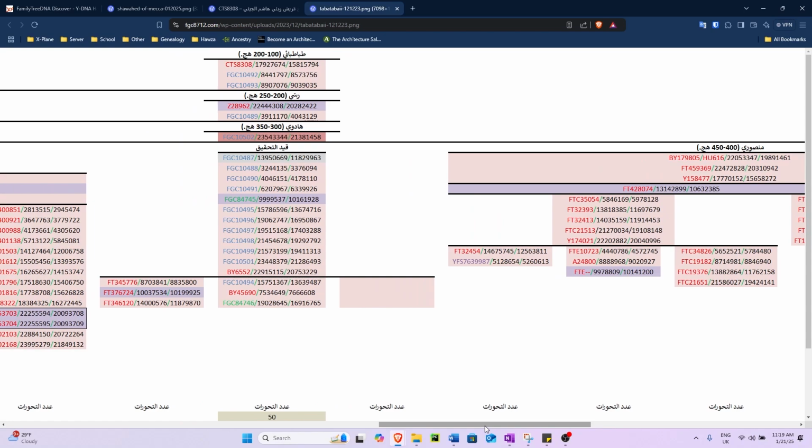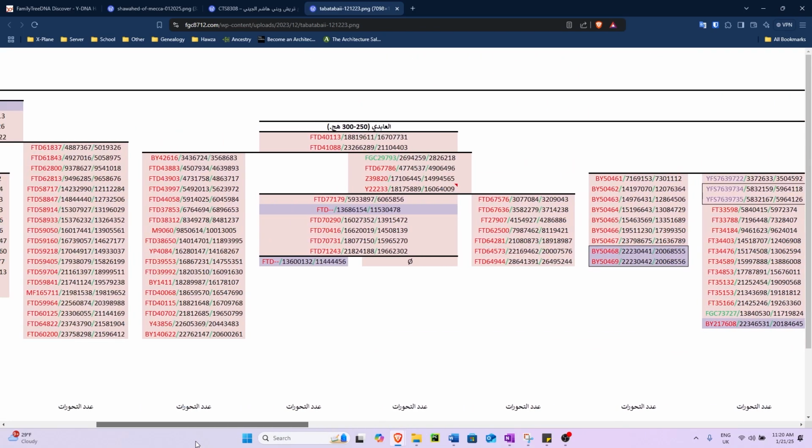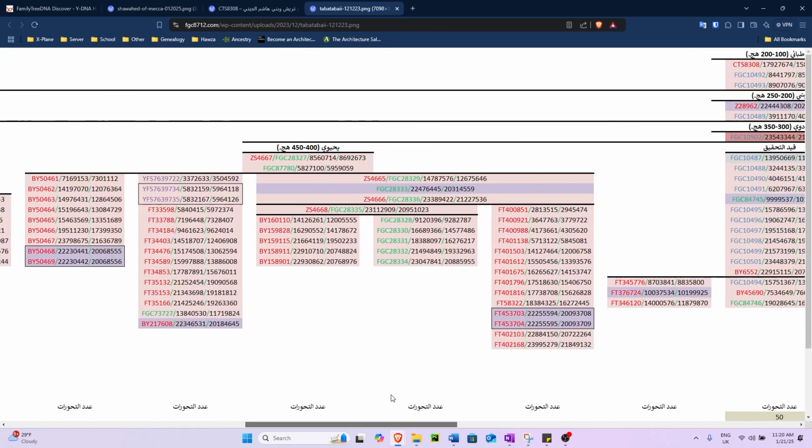And it is essentially indisputable that this mutation is the Hassani Tabatabais, since everyone belonging to it matches at the correct time period. There's the correct structure of the Rasis and the Raisis, and all of the members who have tested and received this mutation have a claim to descend from Ibrahim Tabataba.